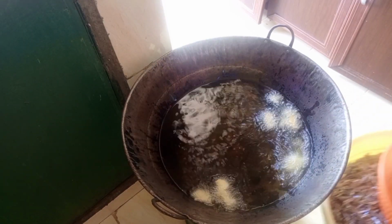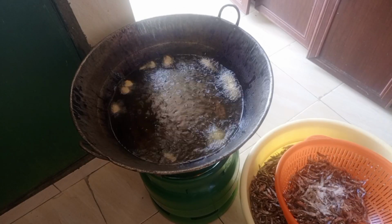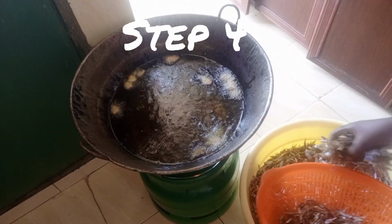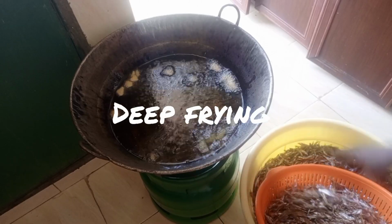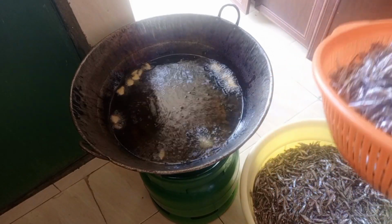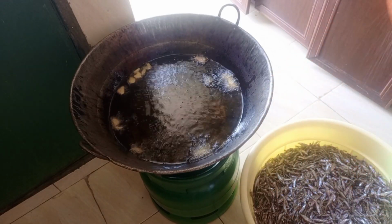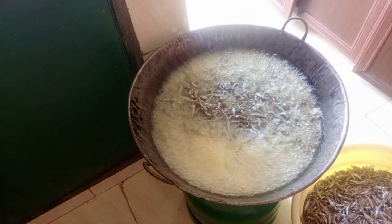Now it's time to fry our omena. I will use garlic and ginger whole as you are seeing them. I just want the oil to infuse the flavor. This is being done on order. I will season it with salt. Then my oil is ready. As you can see,